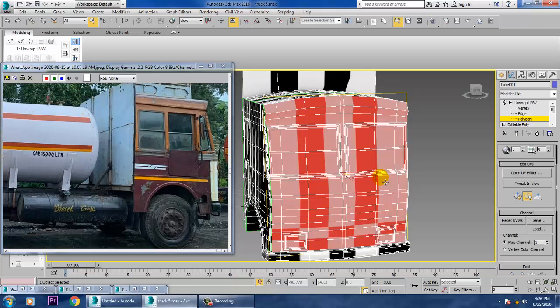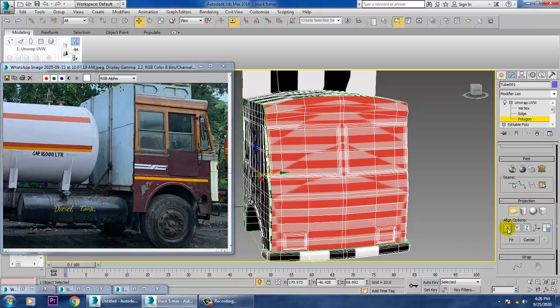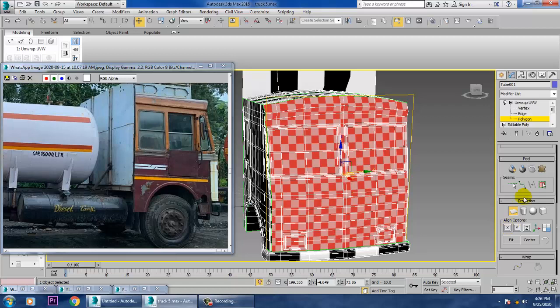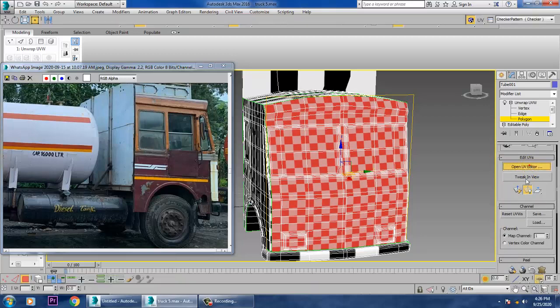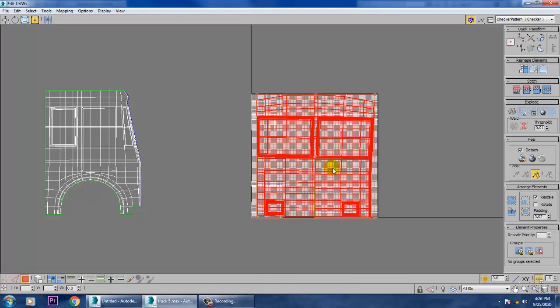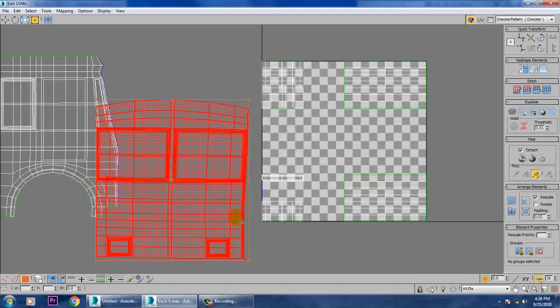Also we have this for the glass and the mirror, and the headlights and this glass. So let's again go into this projection X and quick planar map, open UV editor, and you can just push it over here. Much better.